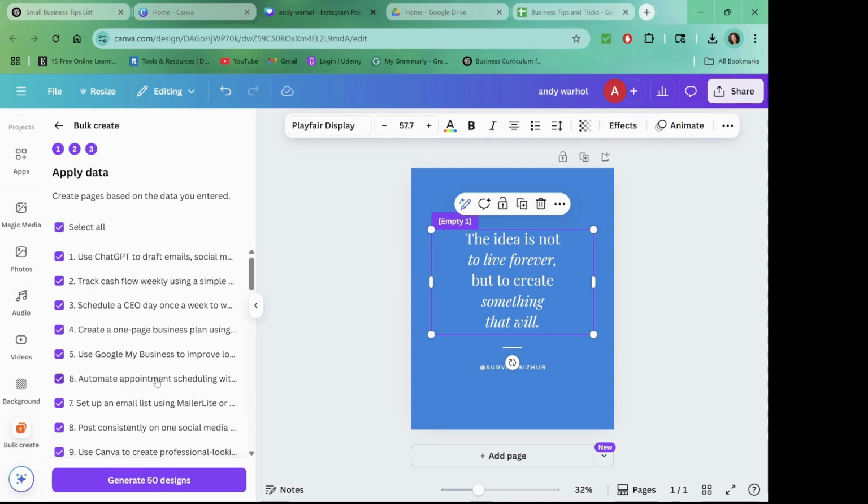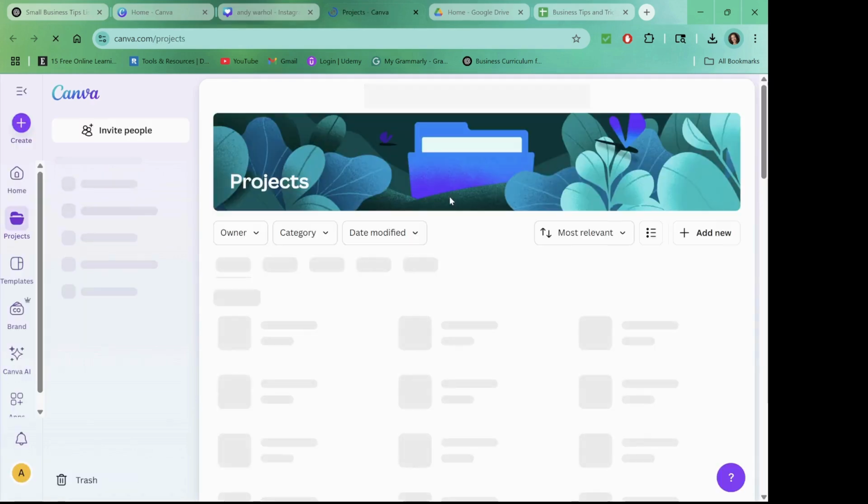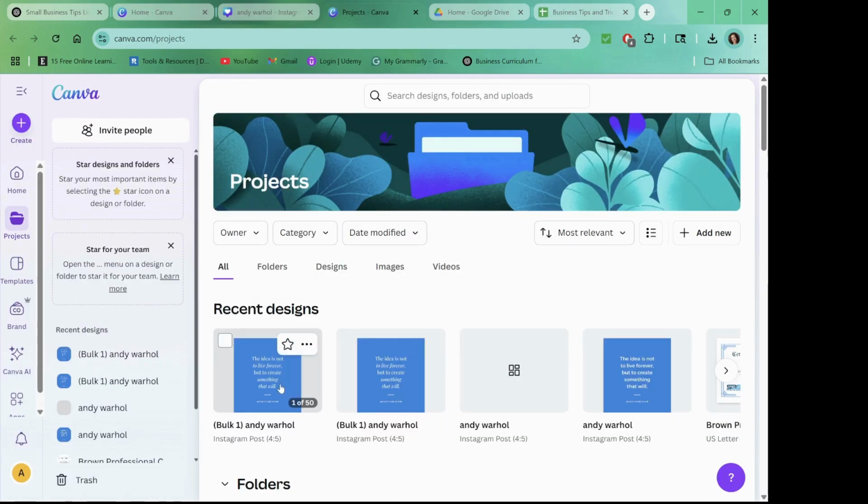And then click generate 50 designs. And guess what? Canva is creating 50 designs. Once you do that, I'm sure you see this folder on the top, which we just saw. You'll be able to go and view that in the folder. Click on the folder, and you just created 50